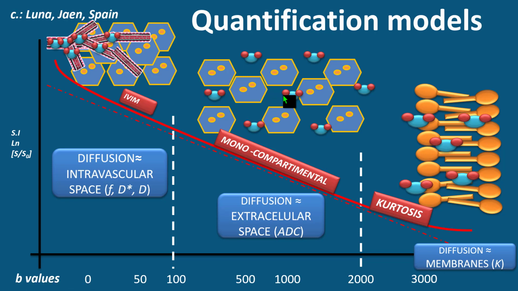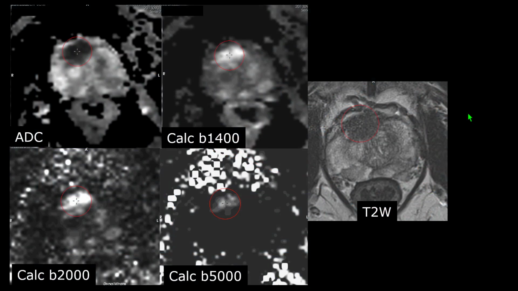So high cell density, BPH or cancer has a restriction, less motion of water molecules. But actually I think most interestingly, if you go to a high B value image and you can calculate the images, you may see something about the exchange of the water molecules along the cellular membrane, which may be different from BPH and cancer. So there may be a role for BPH.